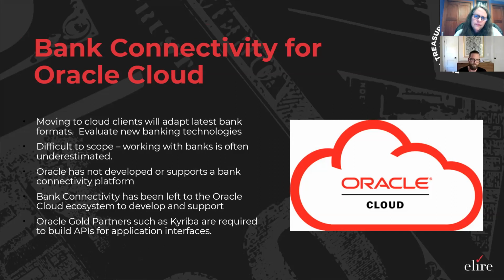When we talk about standardization, ISO might be a standard, but every bank and country has its own flavor. And that really lends itself to the second bullet point that Kirsten calls out, that it's really difficult to scope. The Kyribas of the world or the Alirs of the world have done payments globally in dozens and dozens and dozens of countries with many dozens of banks, but there's always some kind of nuance along the way, and that nuance could be a potentially very large gotcha at any one implementation.